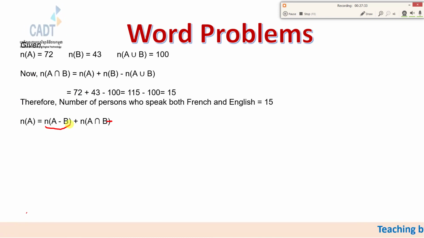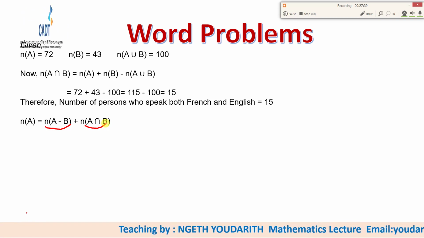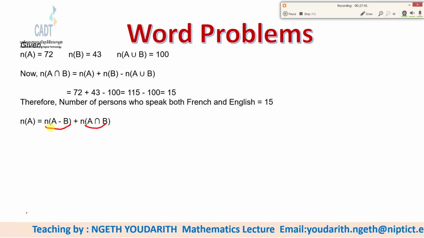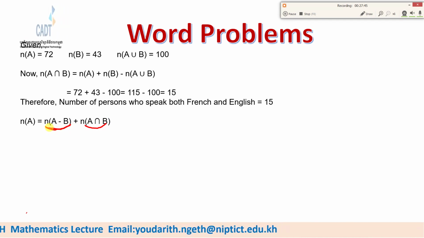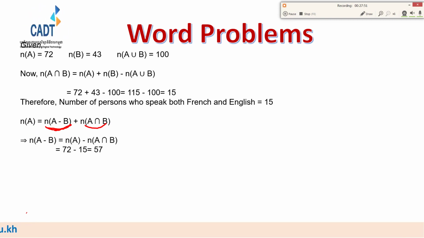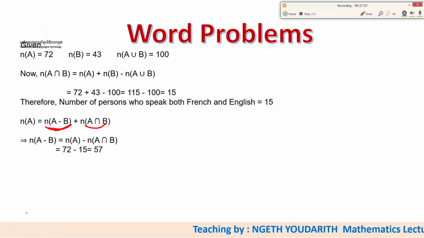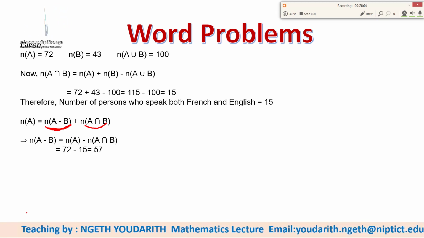This is only English, and this is English and French. So when we want to find only English, only English is equal to N(A) minus N(A intersection B). So we got 72 minus 15 equal to